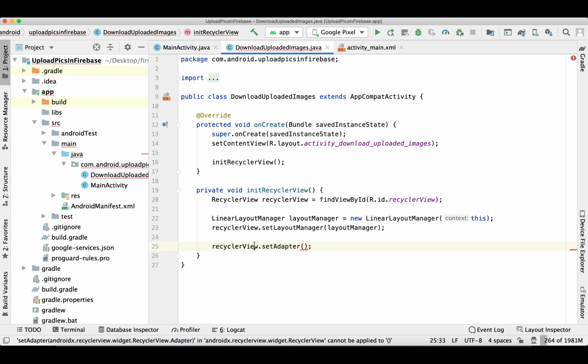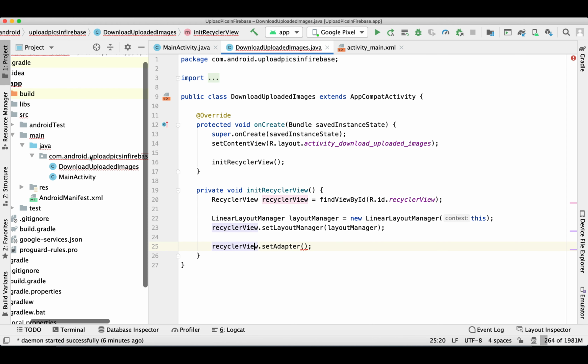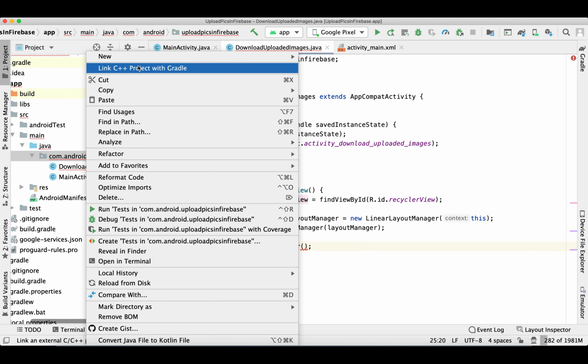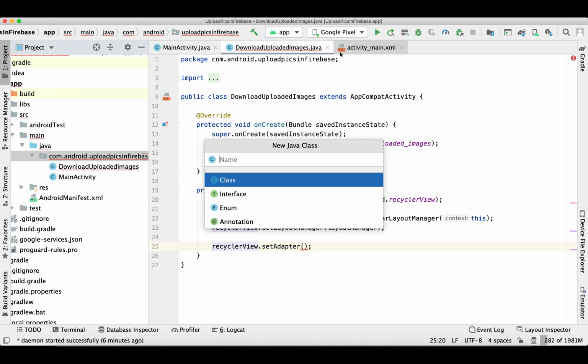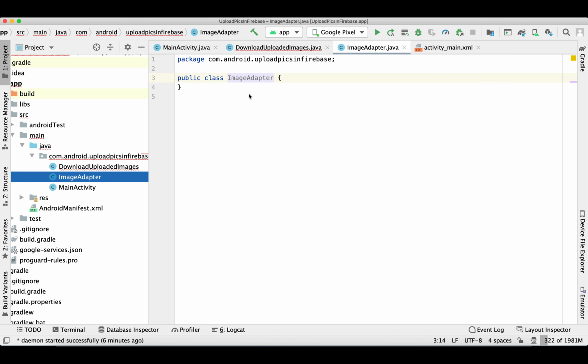Currently we don't have any adapter, so let's create a new separate adapter for that. I'm giving it the name image adapter. You can give any name.